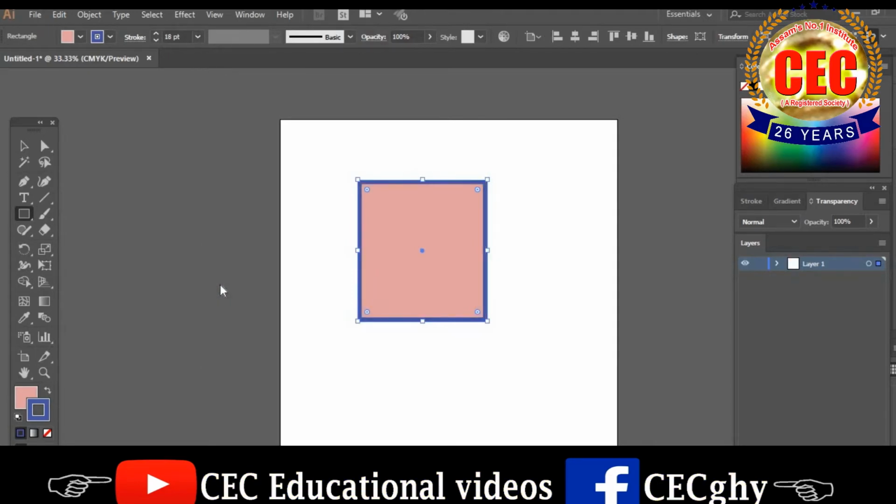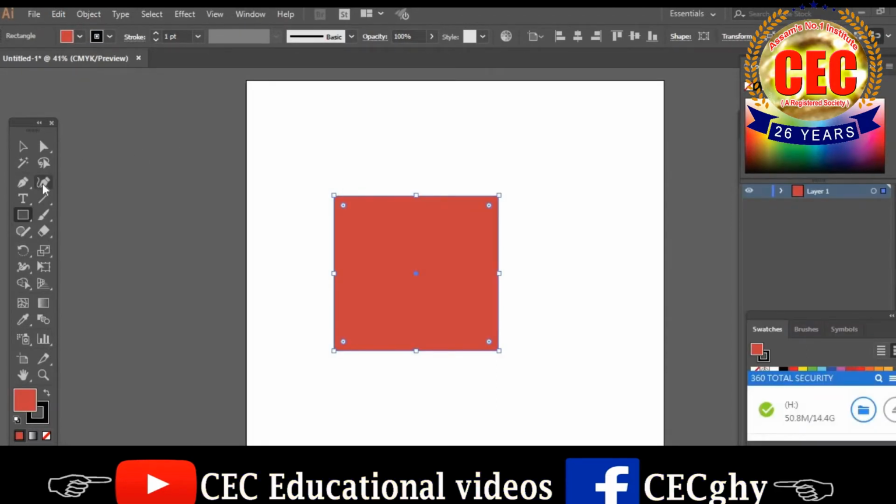I can scale it. I can do whatever I want. If I want to scale it uniformly, I can hold shift and click and drag the corner and it will keep the same proportions. Otherwise I can hold alt and then I will scale it from two sides at the same time. It will basically mirror whatever I am doing. Using this curvature tool, I can change the shape of the rectangle.